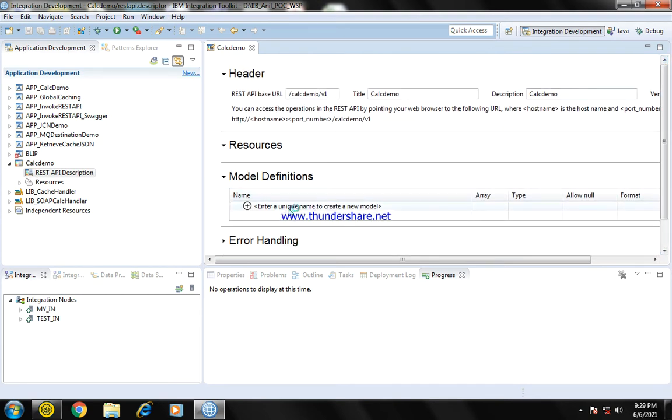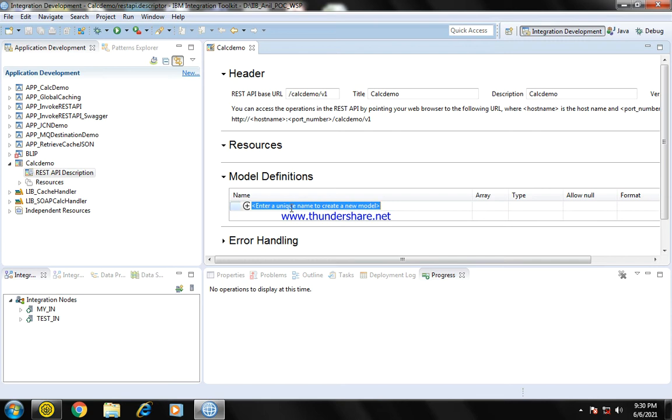In the model definition, likewise in a WSDL file, we have an input schema structure and an output schema structure. Also we can create a complex type for a particular group of elements. In the XSD there are simple types, and if you have one or more simple types and group them into one unit, we call it a complex type. Here also we can give one unique name for the input, and for the output.